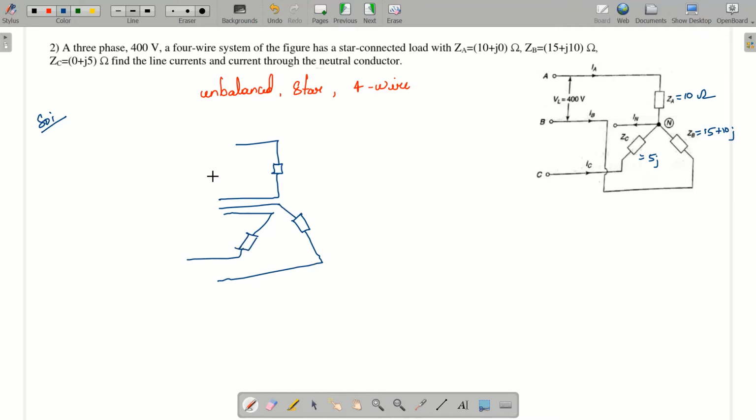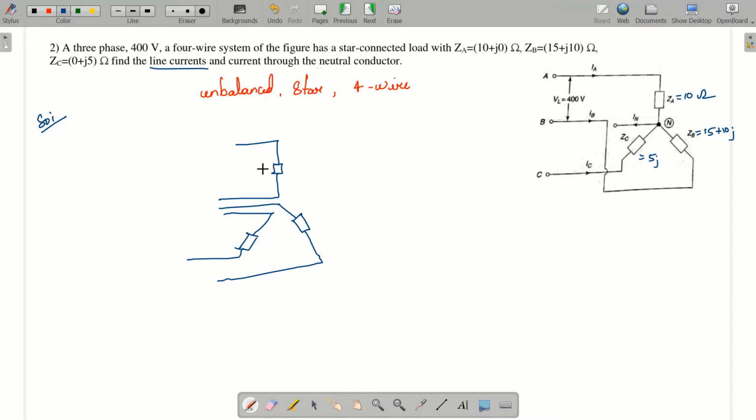You can consider it as a 3-phase 6-wire system. Why? The voltage across each phase is again from a balanced source only. As I have said, the source is a balanced source, and depending upon the load you have connected, it may be an unbalanced or balanced load. Here again, the voltage across each phase of the load will be balanced voltages only, and they were asking to find the line currents and the current through the neutral.